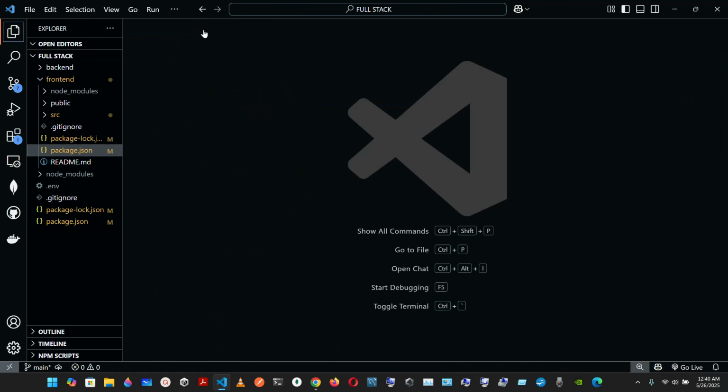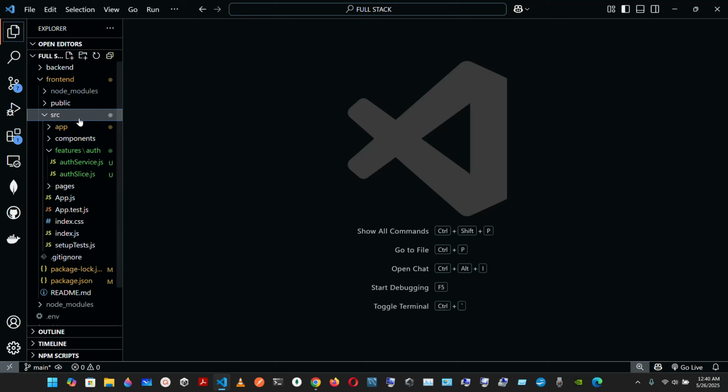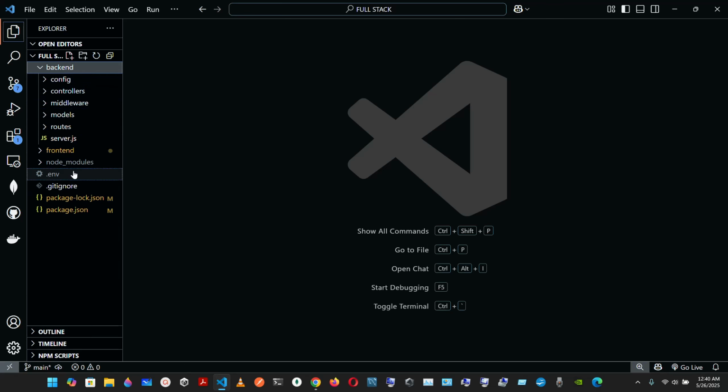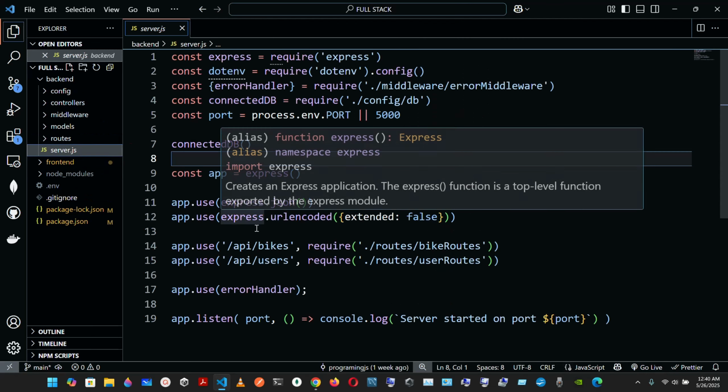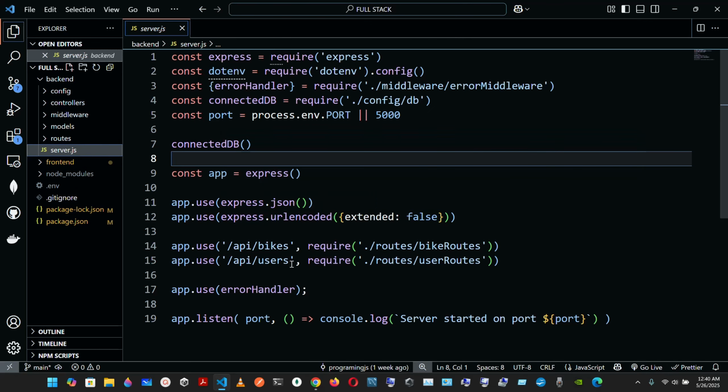Save it, and now it should look at localhost 5000 and then the API/users that we have. Let me see, we go into the backend route or in the server. So once it hits the 5000, it's gonna see this endpoint API/users